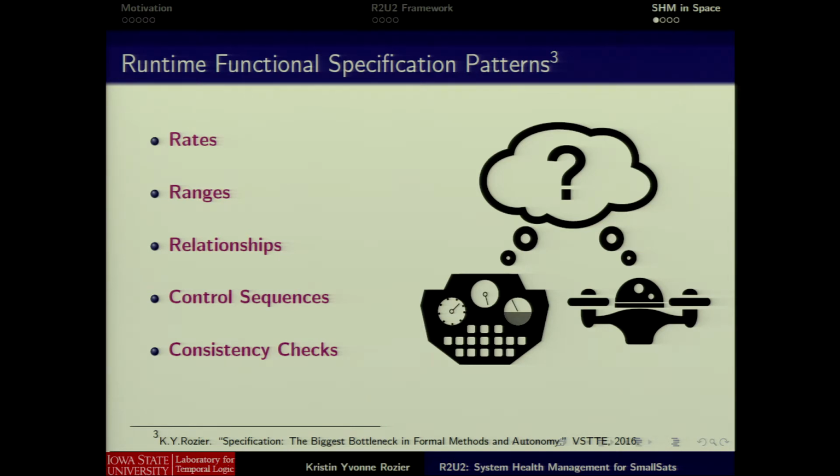So if you, for example, have different mission modes, every subcomponent of your spacecraft that has a conception of what mode you're in should think you're in the same mode, right? If you're visiting waypoints, every system that has a notion of what waypoint you're at should think it's the same waypoint, right? If not, you have a problem. This is the kind of thing that we want to automate checking. So we need to expand the actually growing body of specification pattern research to patterns for runtime and system health management.